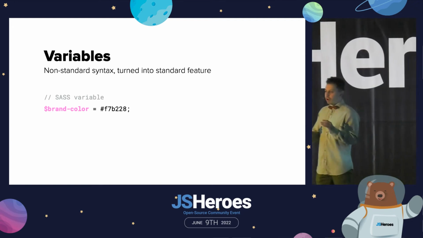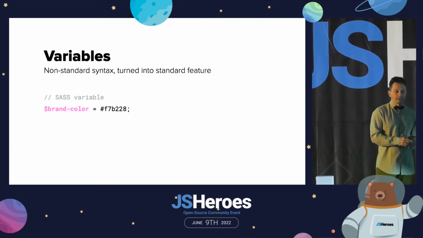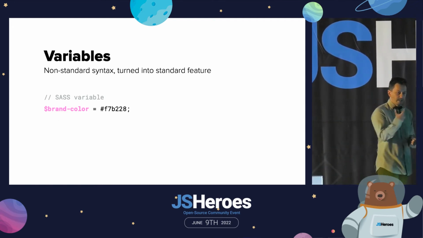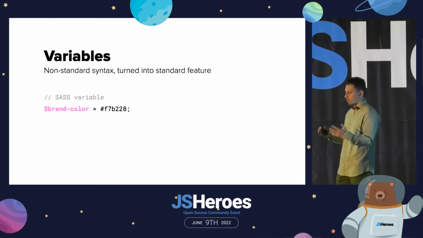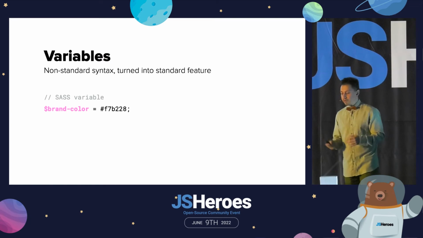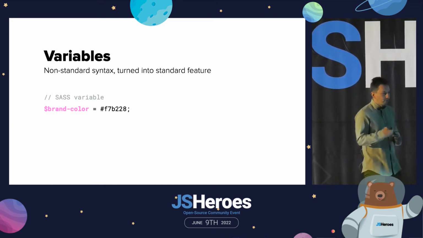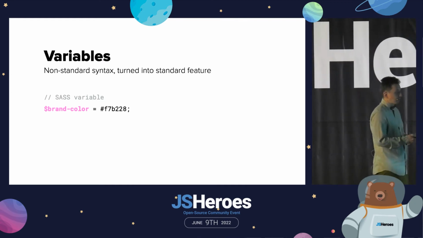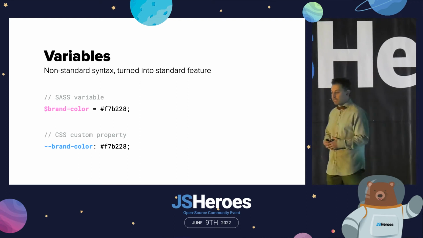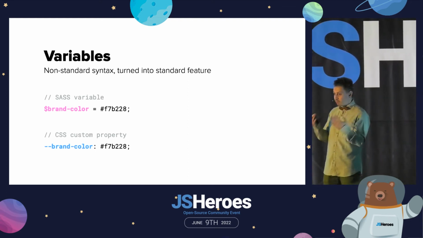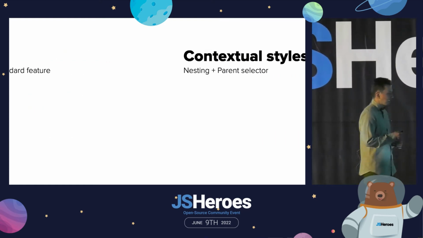One of them that all CSS processors support is variables, right? You can define one single source of truth for a single value in CSS and reuse it multiple times whenever needed. And we have to change it in one place, and the changes will reflect everywhere else. Now, this feature alone became so popular and so useful that several years later, it was turned into a standard syntax under the name of CSS custom properties. So CSS processors, community tools, influenced the web standards greatly.